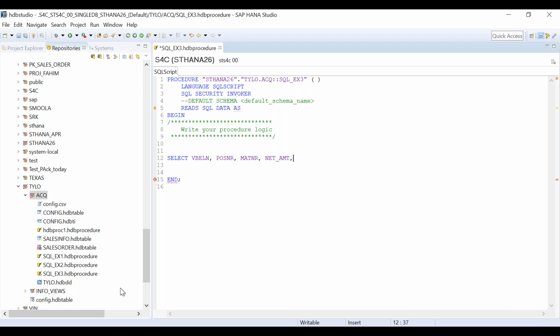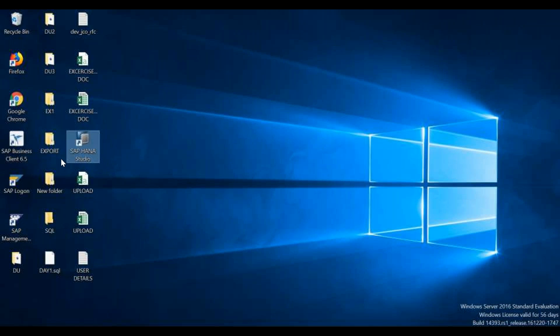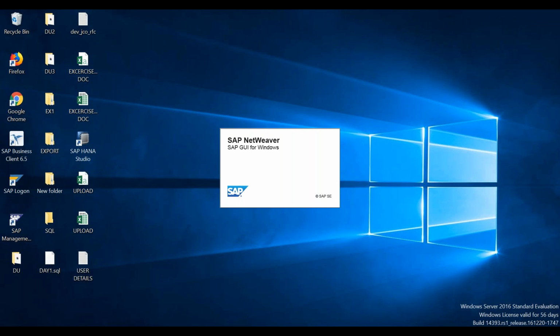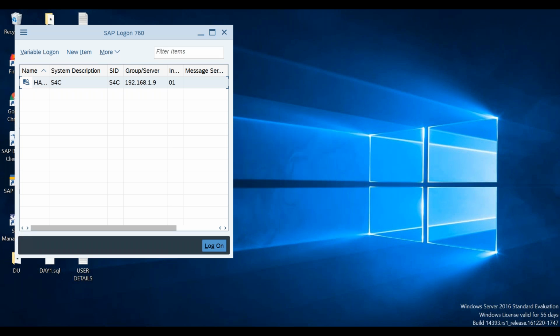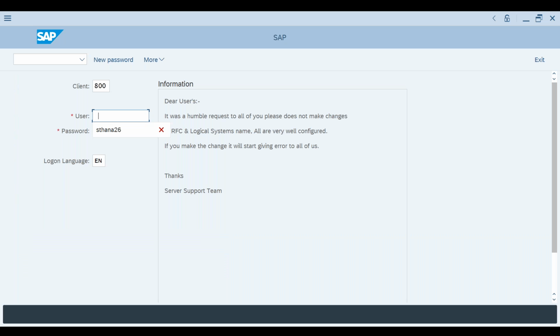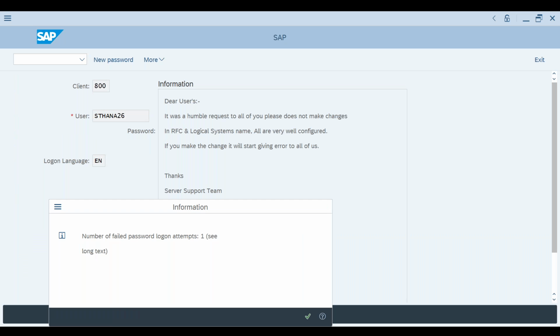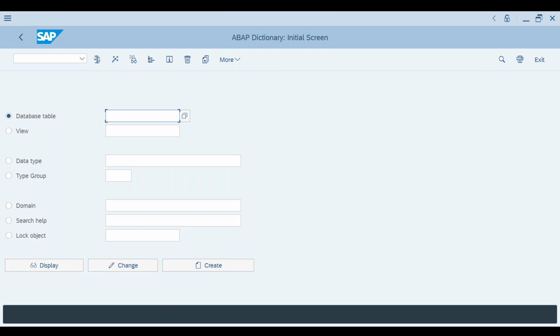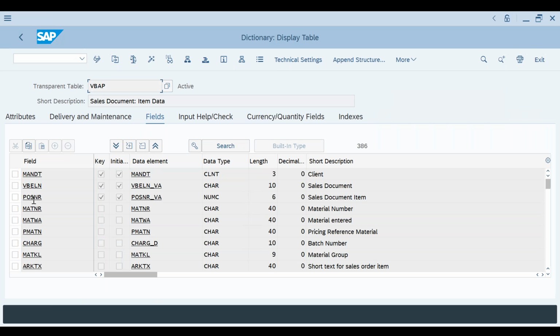Let's open the SAP GUI so that we can see it in a convenient way. Go to SE11, go to the VBAP table, go to display, and we have taken VBELN, POSNR, MATNR.